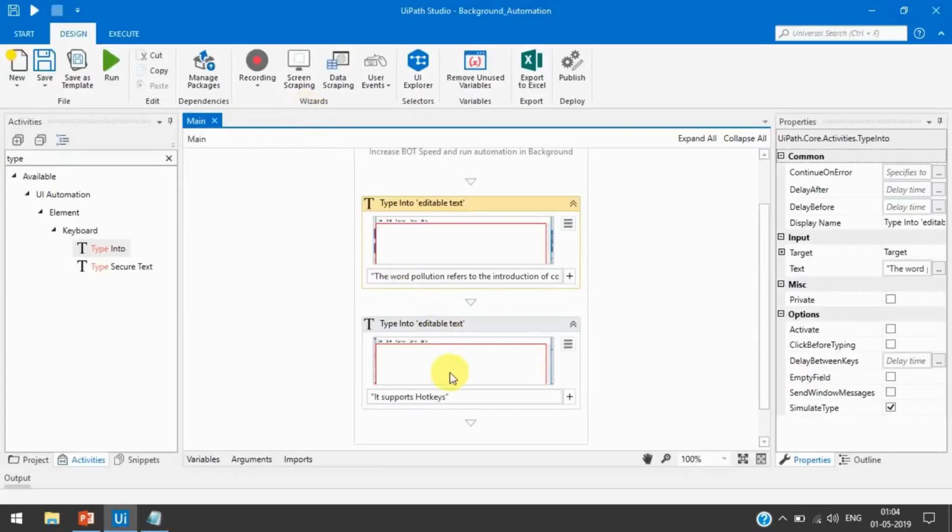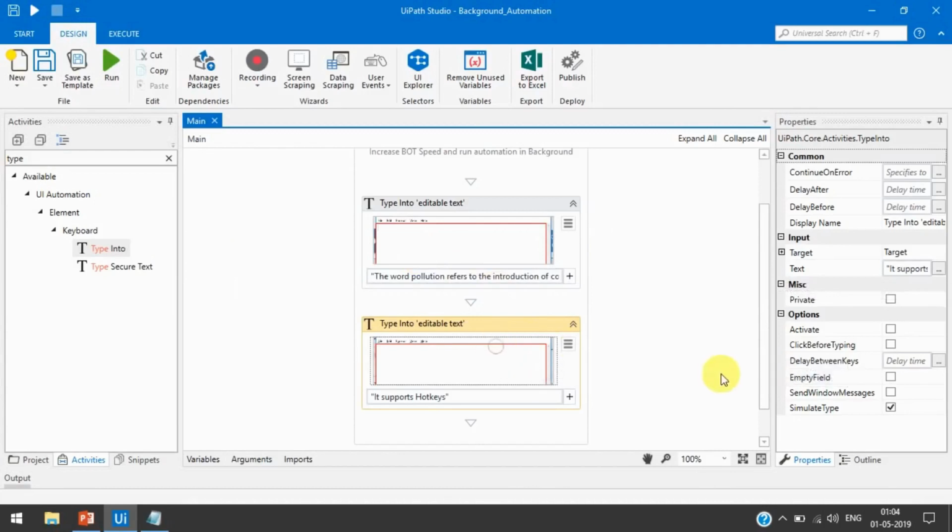Then again here we have used another type into activity for the same notepad, so again it will remove the data from this notepad, and then it will type there. So every time make sure, if you are using that, use only one type into activity using this simulate type method for only one field, right?